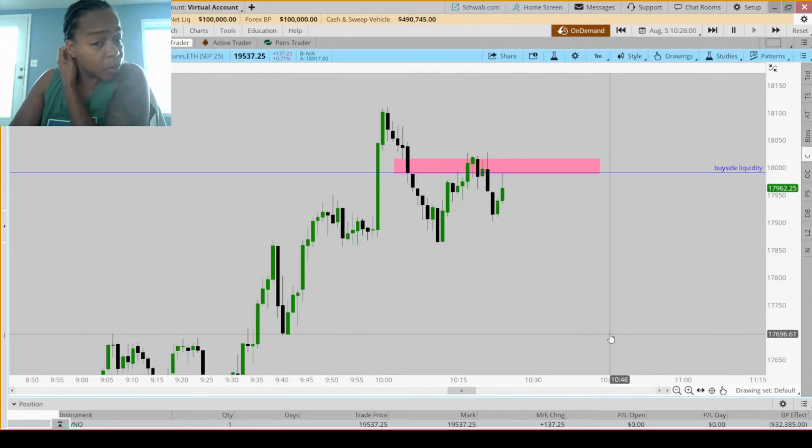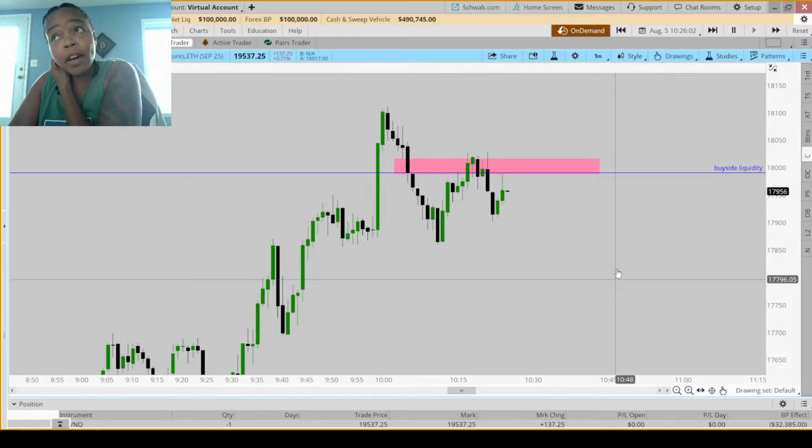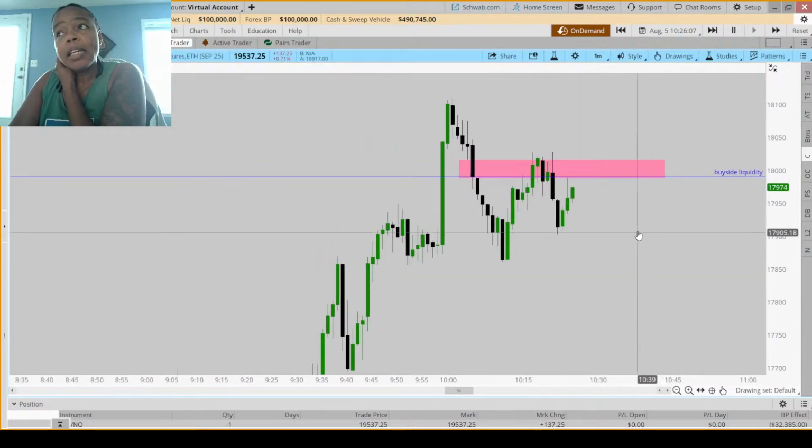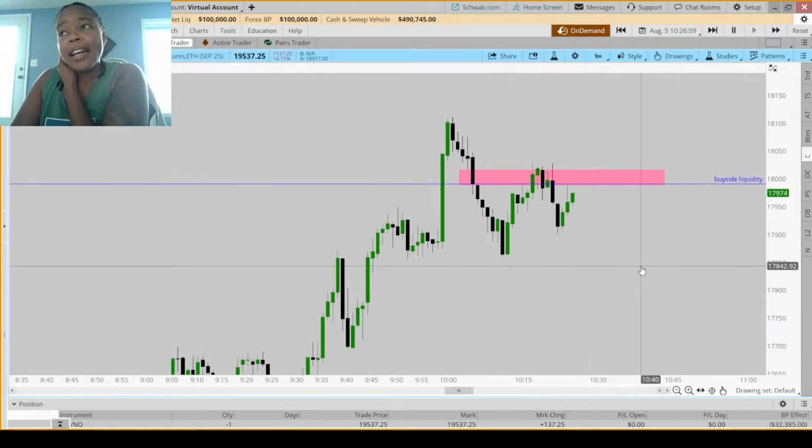So I'm trying my best to change that vibe. Because look at it, it's not a good setup. And this is what I'm trying to weed out of me: follow the rules. It's not a good setup. It's a good setup for a long, because what have we not done? We've not shifted. We've not made a structural shift. We're still bullish. So for the bulls, keep it going.